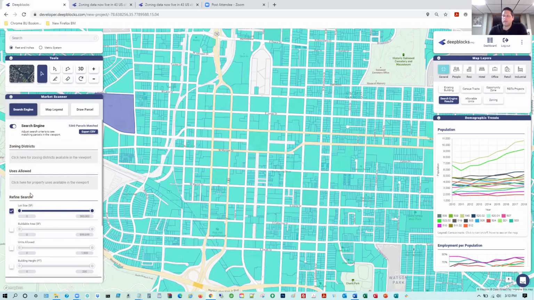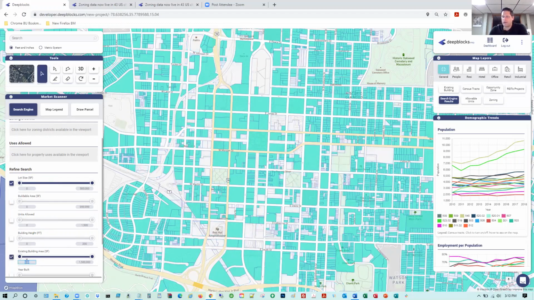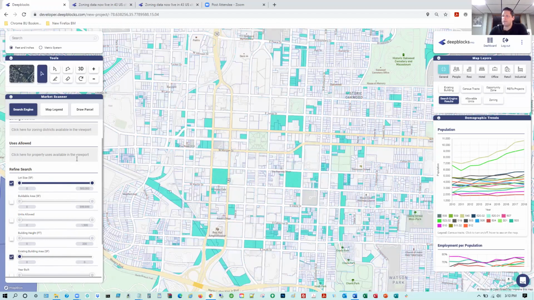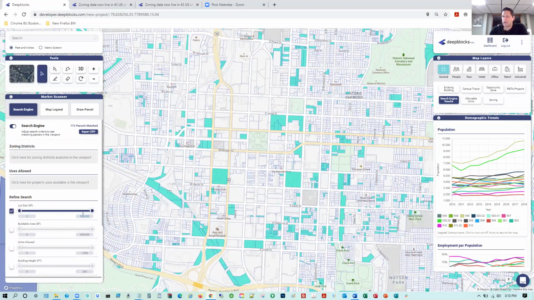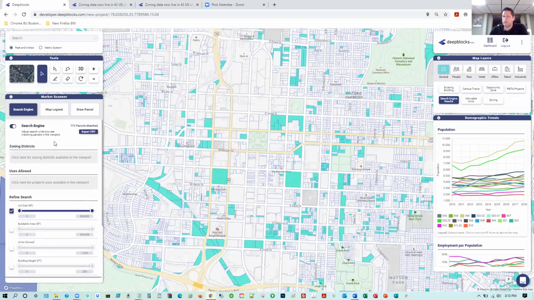Another key feature of the refinement tool and the refined search is existing building area. What we like to do here, in order to find vacant land, is enter zeros in both inputs. By doing this, we find all the parcels within this lot size between 0 and 500,000 square feet with no existing building on that lot, meaning it's vacant land. Right now we're showing 773 parcels matched. So we just went from a little over 6,000 parcels down to 773. Within minutes, we just cut our margin significantly.